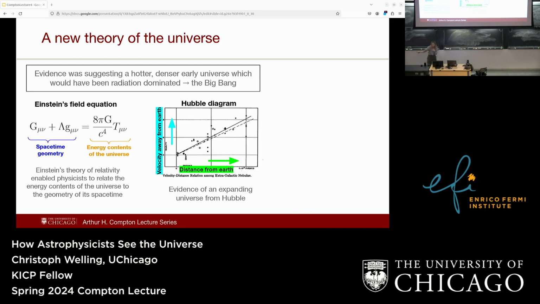So you guys have learned about Einstein and his contribution to how we understand gravity. And you've also learned about Hubble and how he discovered that the universe was expanding. And so what do these things say together? So first, let's take them one by one. So what did we learn from Einstein? The power of the Einstein equation is that it enables you to take the space-time geometry, so just the geometric features of a space-time, and relate it to the energy contents of the universe. So if you know one, you know the other.